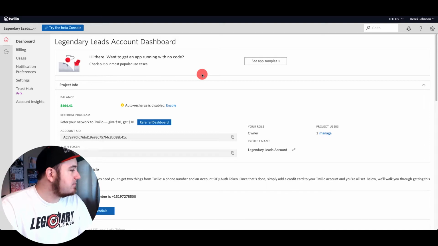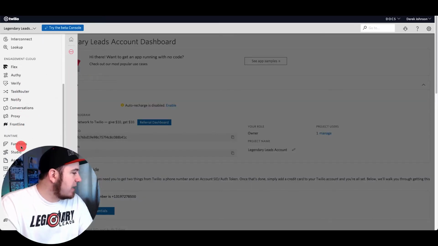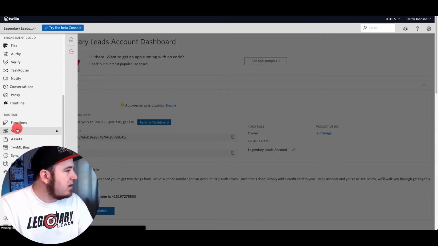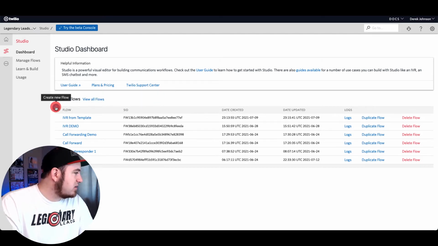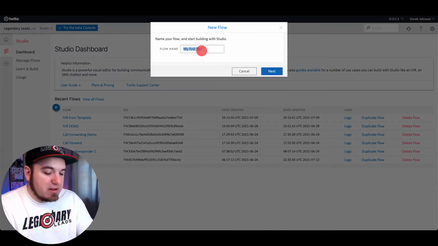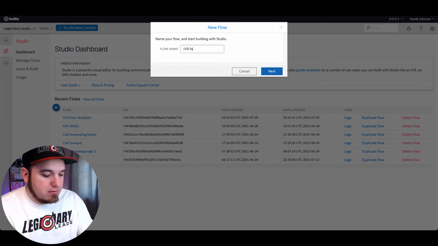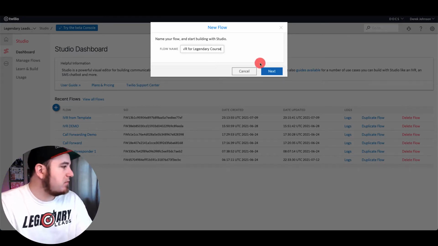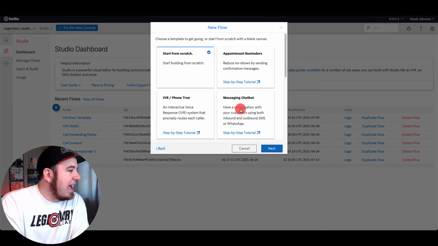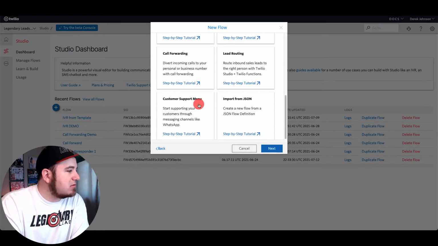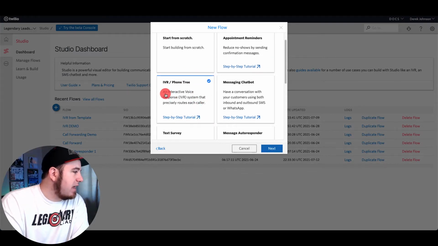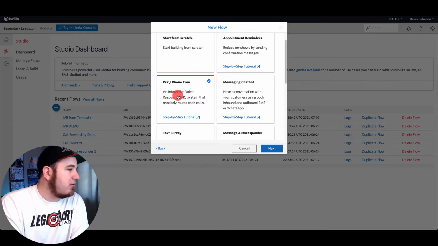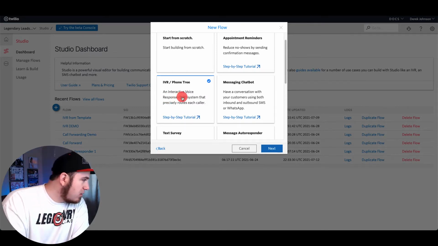So from Twilio, this is just the dashboard here. What you want to do is actually click these 3 dots, scroll down, and go to Studio. So inside Studio is where you can create different flows directly in Twilio. And we're going to just add a new flow. And we'll call this IVR for Legendary course. And you can see they have some pre-made kind of flows for you already. So we're going to start from actually the IVR phone tree, and this gets us 40% of the way there that we need. So we're going to go in here, click next,